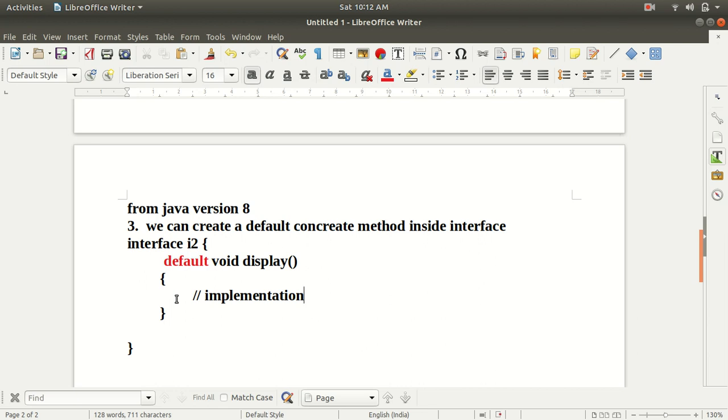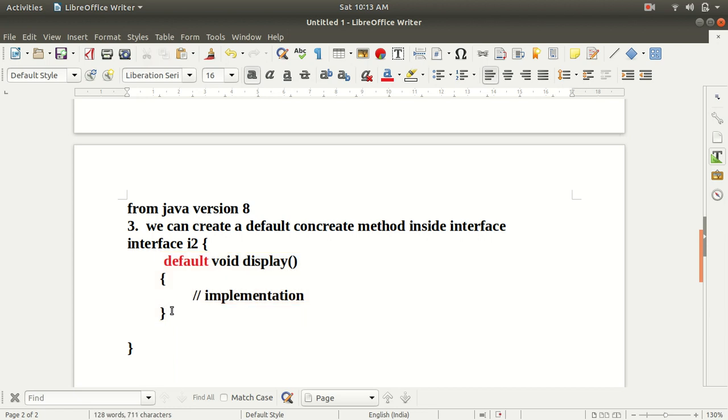So guys, the access modifier should be default, and if we have made it public, then it is going to throw a compile time error. If you write public here, then it is going to throw a compile time error. So we have to write default as the access modifier if we are writing a concrete method inside an interface.